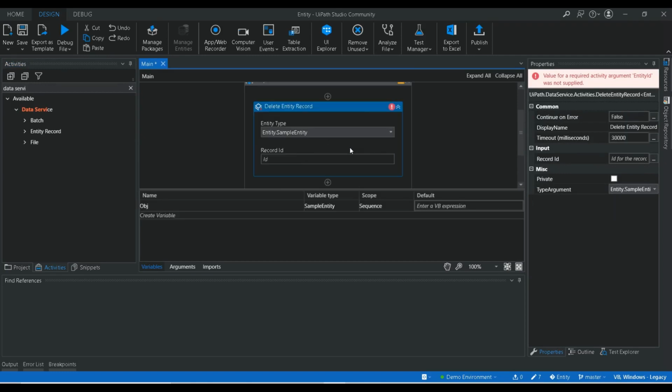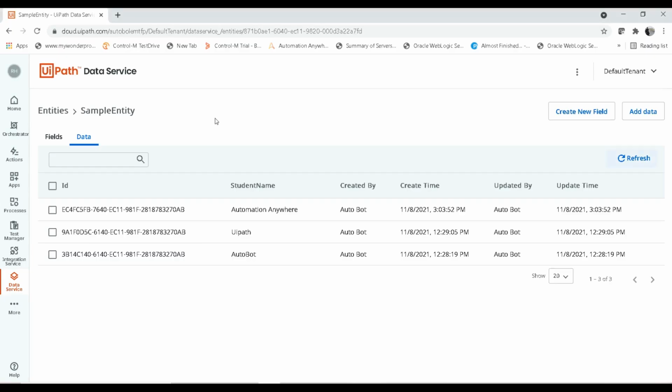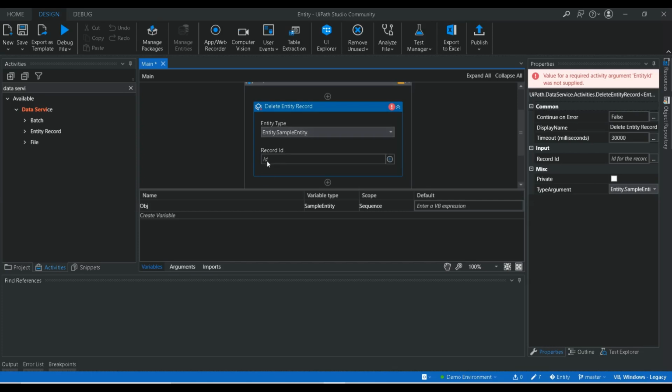Here you have to give the record id. So what is this record id? It is nothing but this id. Suppose we want to delete this automation viewer, I need to give this id as the reference. This is the unique reference id for this particular data entity, and I need to pass this value for the deletion, right? Here it is asking to create a variable, so I'm going to create a variable and name it record id.